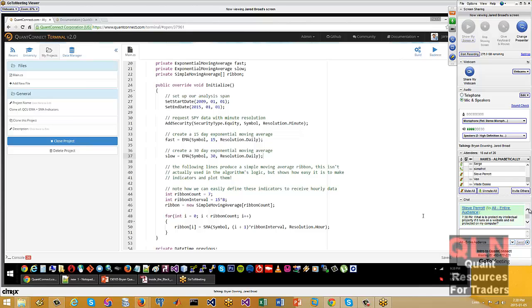What is to protect my intellectual property if it runs on a website and not protected on my computer? It's a good question, and there's not much I can do. We need the algorithm in order to backtest it on the cloud. So if you want to use the data in the cloud, you have to put your algorithm in the cloud. But if you don't, then you could always just download the open source engine and run it entirely locally. And you can still use all of QuantConnect locally on your computer. There's nothing to stop you doing that if you're concerned.